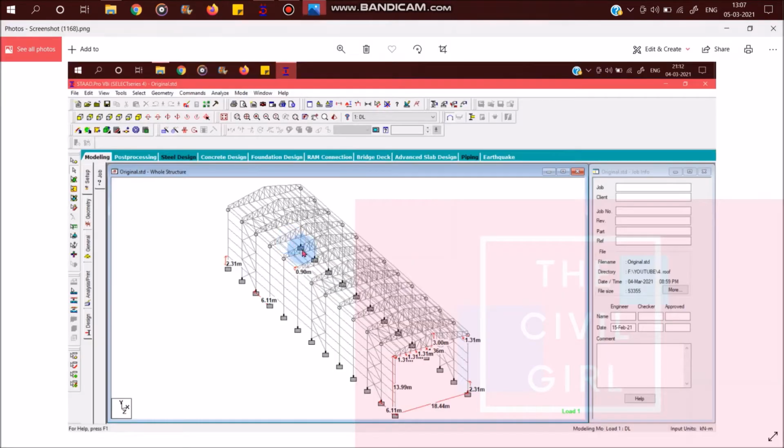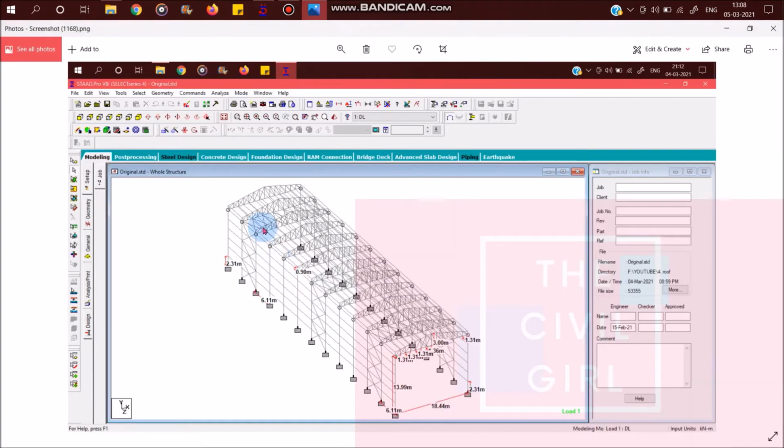So if we go to this structure, you can see that the bracing is provided. It is not provided to the bay that is associated with the gable end. So this end and this end, they are called gable frames, and the other frames, they are called main frames. So it is not associated with the gable frames, but you can see where it is provided. Therefore I'm going to provide my bracings here.